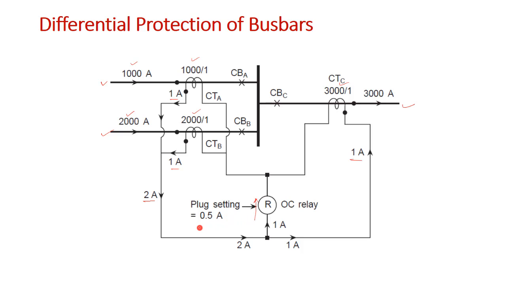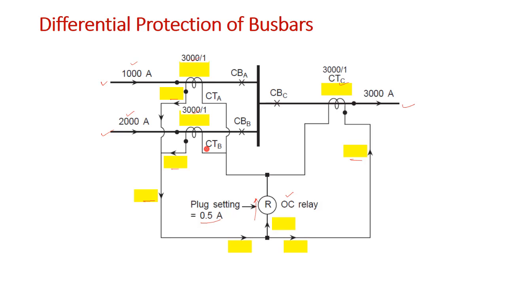So if the clock setting is at 0.5 ampere, then obviously this overcurrent relay will give the trip signal, right? So that means it will maloperate. Therefore, what kind of CT ratio do we need to choose? Suppose I have CTs with 1 ampere rating, that is, the secondary side current of the CTs is 1 ampere. Now how will I choose? In fact it will not work. Then I will choose in such a way that the spill path current becomes 0,